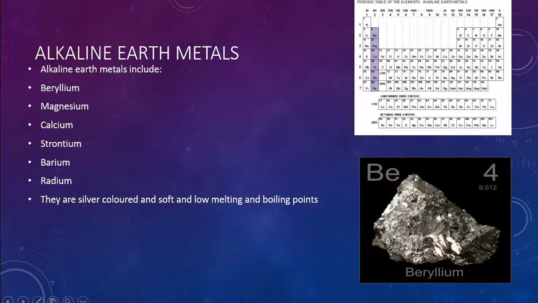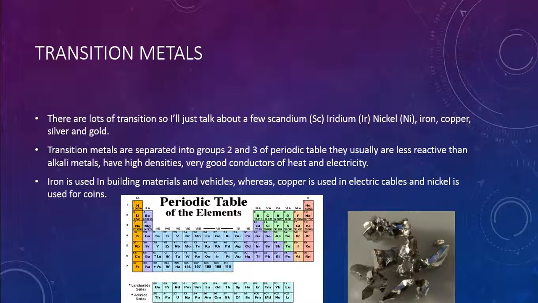And if you look on the picture above, they are located in group 2, I believe, of the periodic table, and then all of these to the right to zinc here, where it says 30, these are all transition metals. I'm not going to name them all, just a few, because there are probably about 28 of them. These include scandium with the periodic table initial Sc, iridium Ir, nickel Ni, and iron, copper,